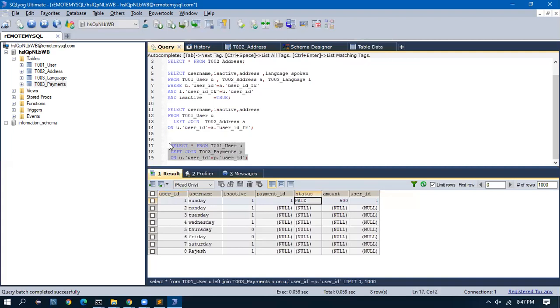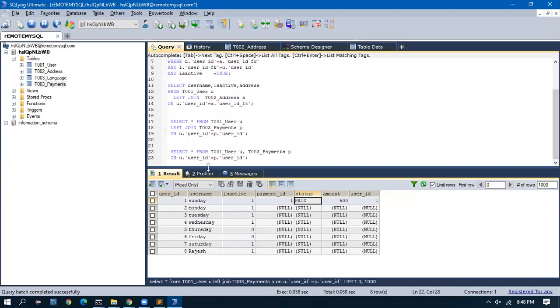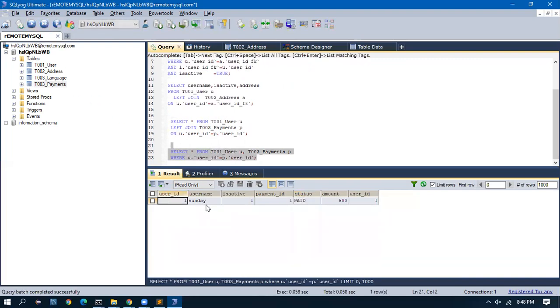Instead of this left join, if I'm going to do an inner join, if I'm going to do a select star from this comma, this one where u dot is, if I'm going to do like this and give him, I will get only one row. I'll tell him only these are the users, but he will ask, I have around 7 users in my directory. Why are you giving me only one user? Because our query is wrong.